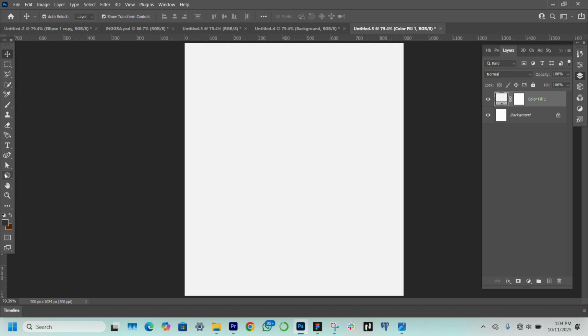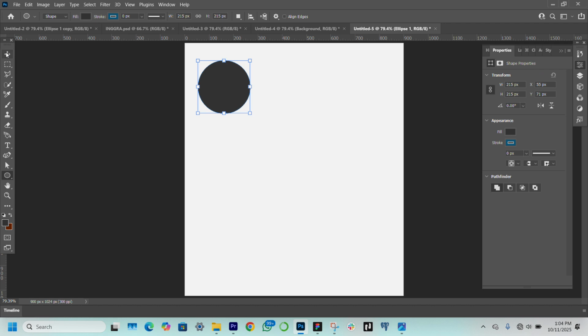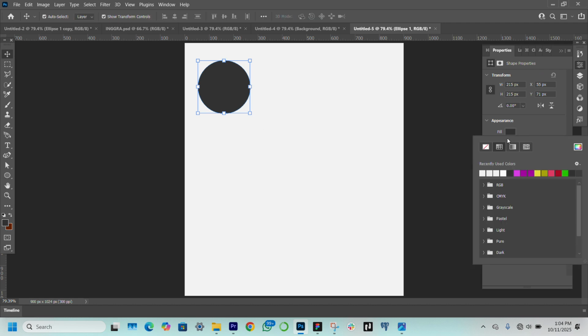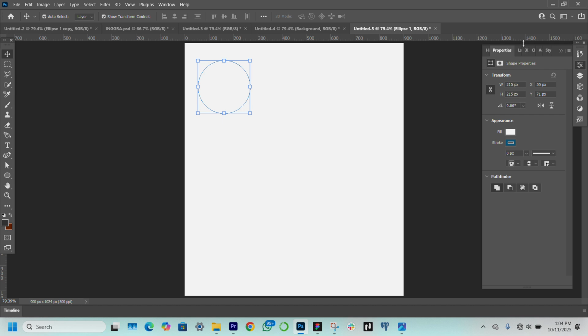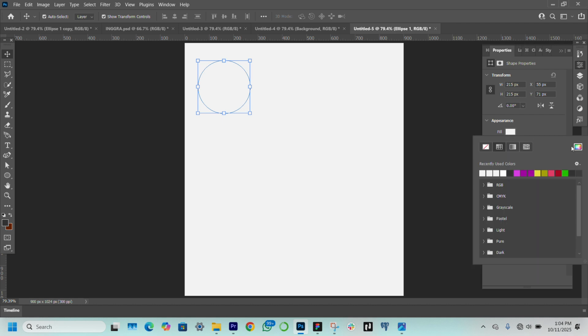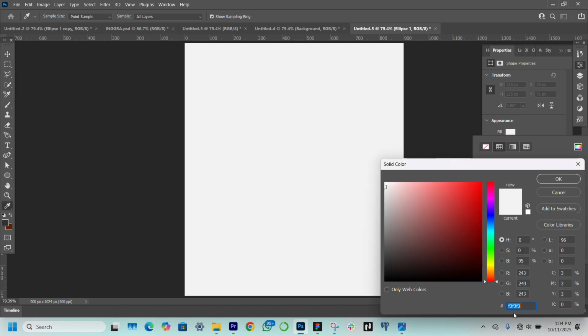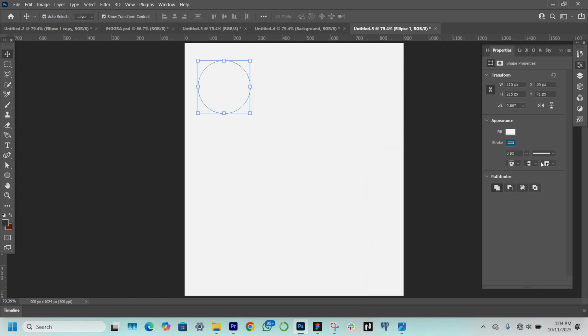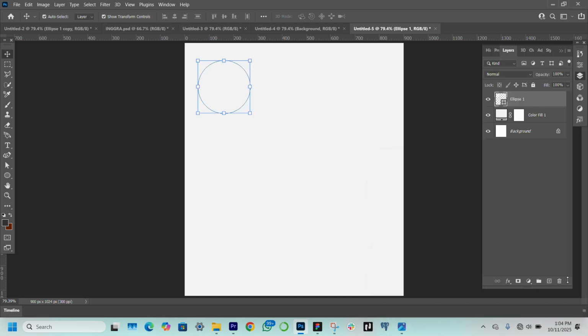The next thing I'm going to do is to draw a circle. So I just hold my shift and I'll just draw something like this here. Okay, so I'm going to change the color as well. I'm also going to use F3 on it. Okay, so make sure that's F3. Okay, this is it. I'll hit enter, I head back to my layers, I'll click here and I'll click drop